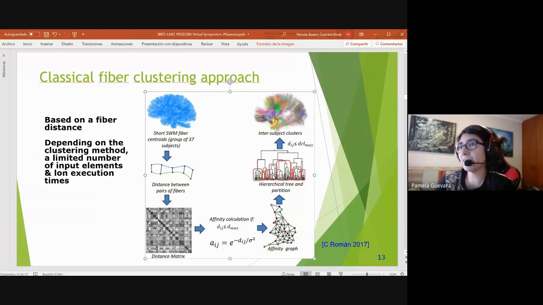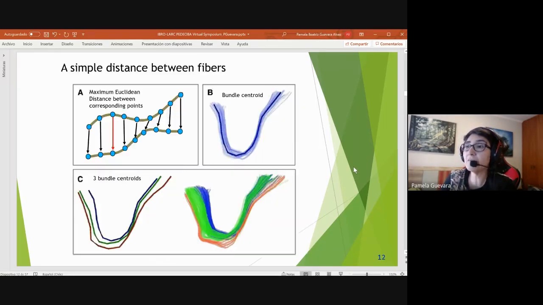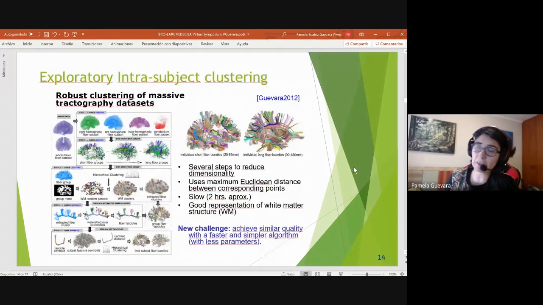Because we can apply the clustering, I don't know, to 100,000 fibers, maybe, but not more than that. So the strategy was to reduce the information. It's very simple. I will not detail that, but for example, just using a brain mask to separate left hemisphere, right hemisphere, etc. And also based on the length of the fiber, etc. And several other algorithms,